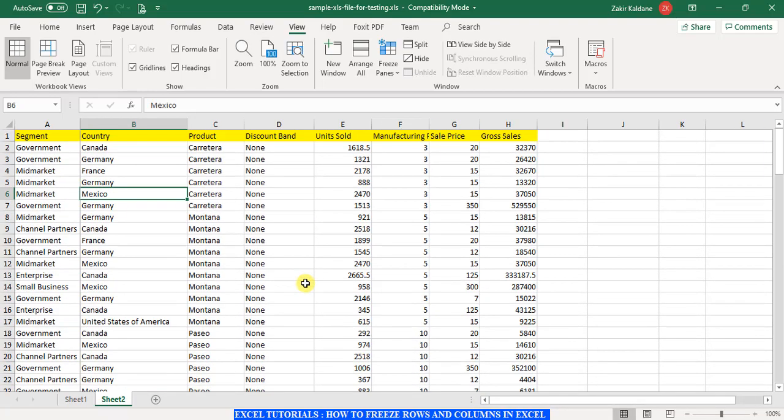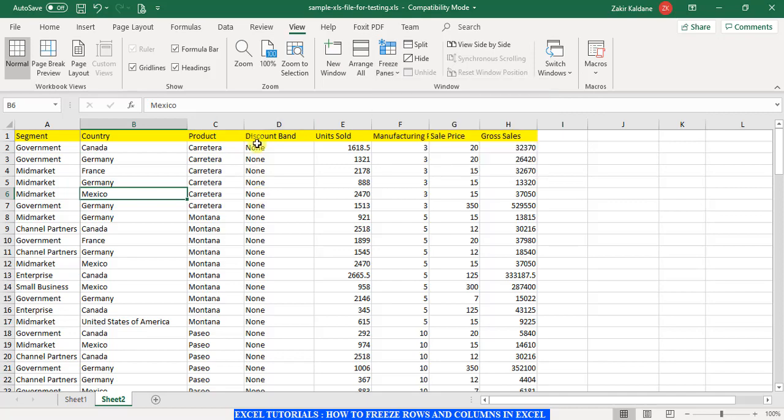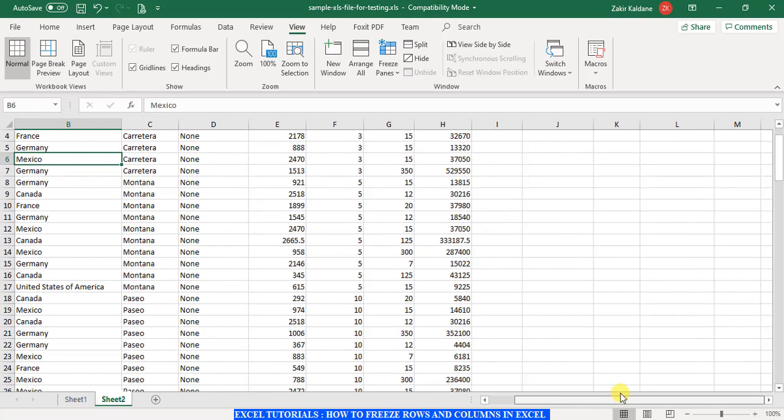Now if you see right now, the top row is not locked, only the first column is locked, right? Why? Because we have asked Excel only to lock the first column. By using this option Freeze First Column, we are instructing Excel just to lock the first column on the left hand side. So this is clear, locking the top row and the first column. Now let us go and unfreeze that. So now you see everything is possible over here.